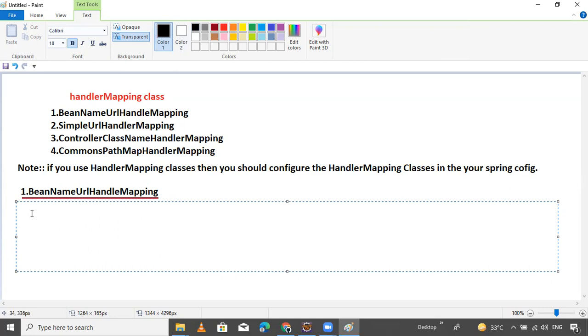It is a default handler mapping in a Spring application. BeanNameUrlHandlerMapping is the default handler mapping.